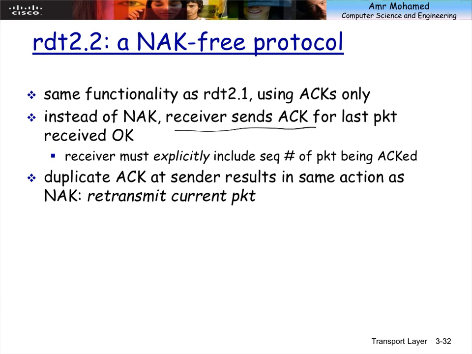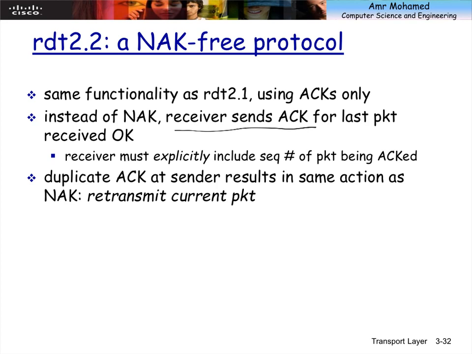This is the rule. A duplicate ack with the same sequence number is equivalent to the fact that the first one you received correctly, but the second one did not arrive correctly, which means that you are telling the sender, I received the previous one correctly. But this implicitly means that the next one was not received correctly, right? So sending duplicate acks is equivalent to negative acknowledgement.